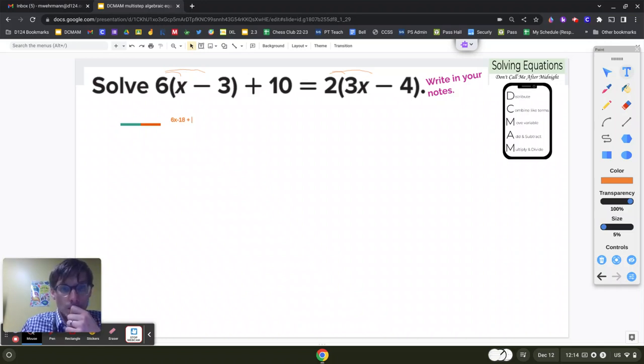Plus 10, so that's still there. We didn't distribute anything there. Equals 6x. There we go, sorry. 6x. Oh, here we go. Give me trouble. Minus